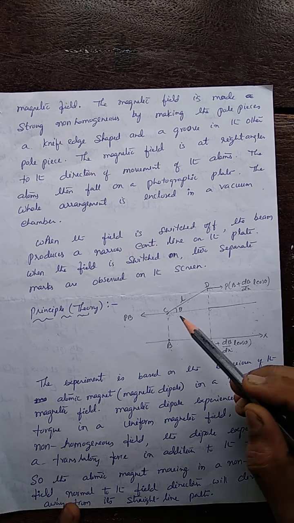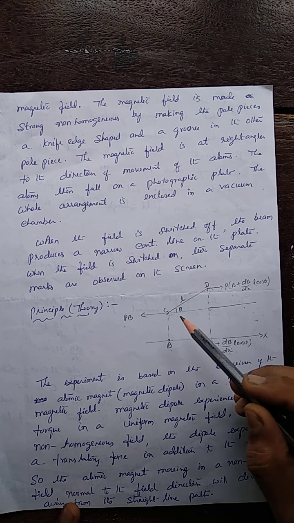See, in the case of an electric dipole also, we consider the force as PE sin theta. When theta is 90, it is PE, where P is the pole strength and E the strength of the field. Similarly here, in the case of a magnetic pole, P is the pole strength, and instead of electric field strength, it is magnetic field strength B. So PB is the force experienced.